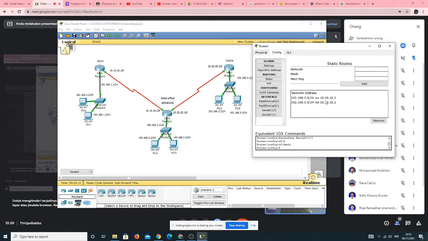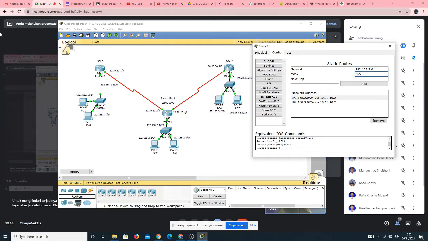Okay, for the routing of Solo to Semarang, we are going to use this network. This is the IP of the next LAN, it means the IP of LAN Semarang and the IP of LAN Jogja. The first is the IP of LAN Semarang, with the number 2.1 for the fast Ethernet, but for the static routing we are using 0 for the host IP.